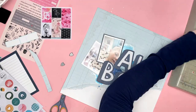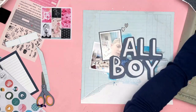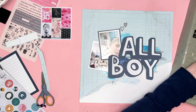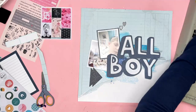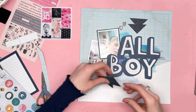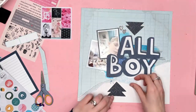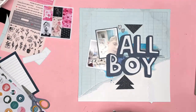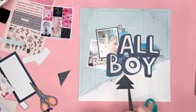I've also added a lot of the clear stickers, so this will give me a mixed media look without actually having to do any mixed media. They're quite cool. I quite like these stickers, even though I do mixed media layouts as well. It's a lot less messy and less time consuming as well, because you don't have to dry the layers, dry the paint. So that's quite cool. So I've just stuck a few of those stickers underneath the cut file, underneath the photos,